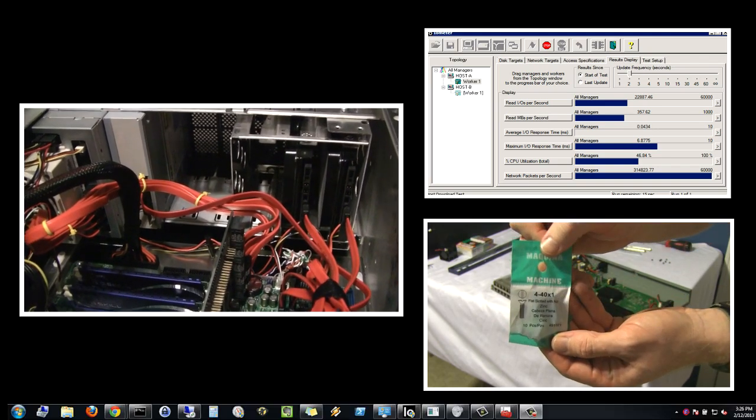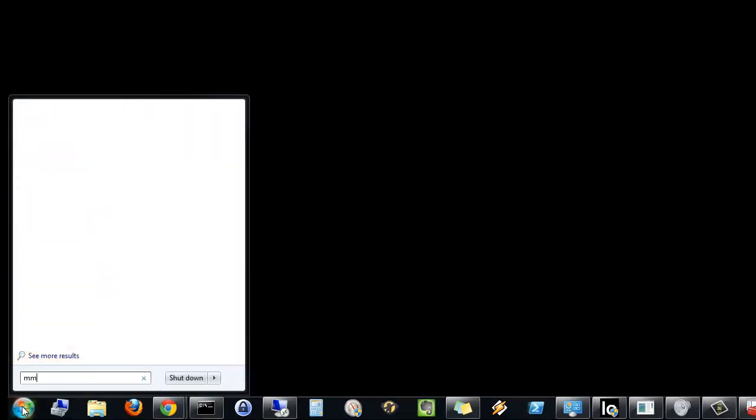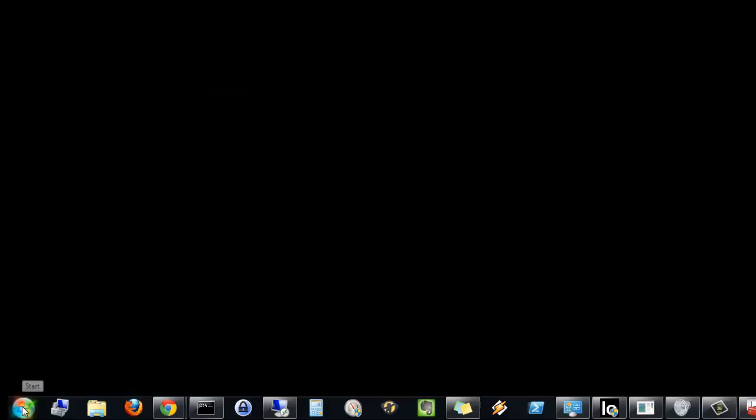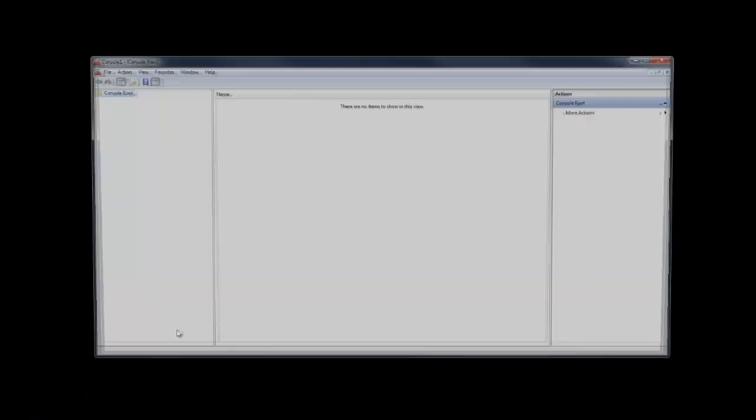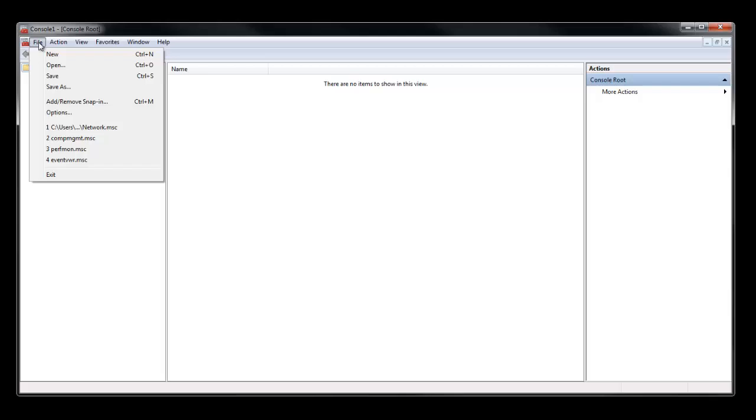So the first thing we need to do is start, run, MMC. We're going to use MMC with the snap-in to add the actual perf meter, because going through the normal performance monitoring tool in the control panel, for some reason Windows 7 doesn't let you save it off. So we're going to use this technique, which will allow you to save a shortcut icon for future reference purposes, which I find extremely handy. Perf meter is great for doing any kind of focused troubleshooting and getting some real-time dynamic feedback in the process.